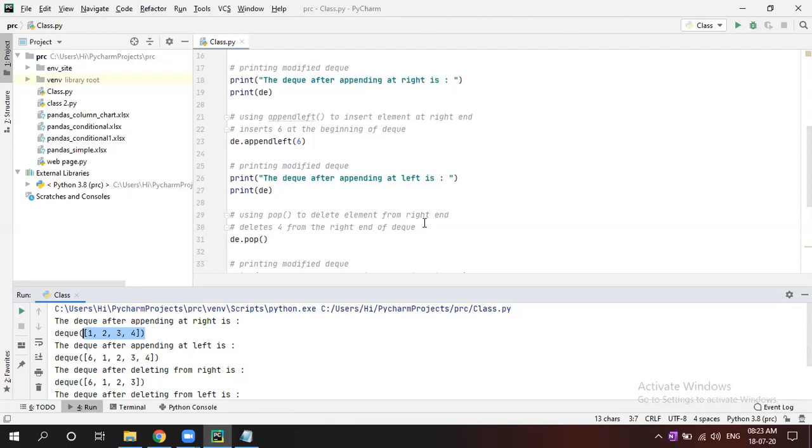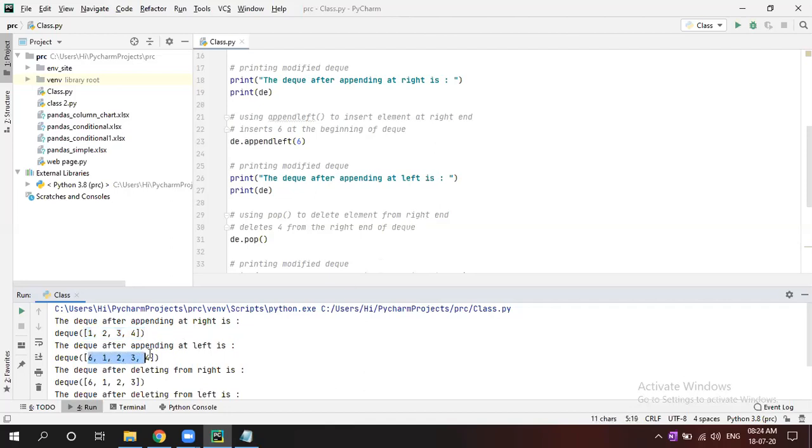Let's say you are going to append on the left side. For that you can use appendleft. That is not there in the normal list. In the normal one, there is only append, right? Normal means it is always appending on the right side. But if you want to append on the left, then d.appendleft(6). So in the output you can see 6 is appended on the left-hand side.